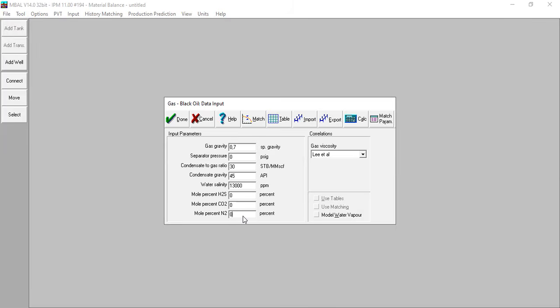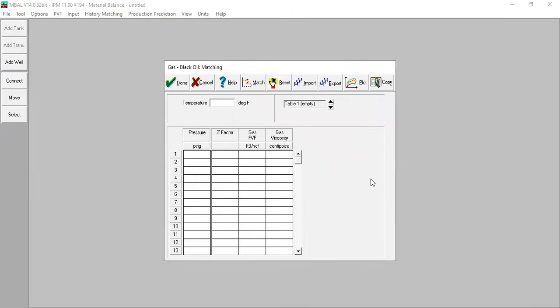All right, so from here, we will go to Matching. We will perform PVT matching. Okay, please be careful. We have laboratory data, and we also have correlation. So the laboratory data will differ from the correlation.